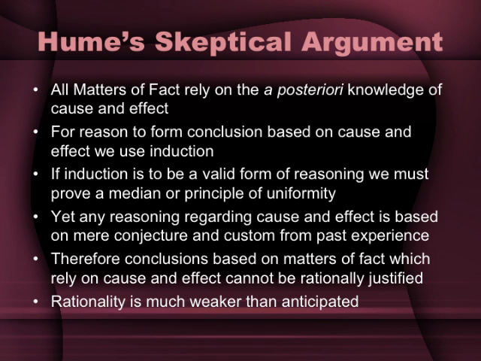Uniformity exists because the future resembles the past. How do you know that? Well, because I've seen the future resemble the past in the same way since I can remember. There's no other way to make this argument. And it's illogical because it's circular. You cannot prove the uniformity principle by appealing to the uniformity principle. You would need to prove the uniformity principle by reason alone.